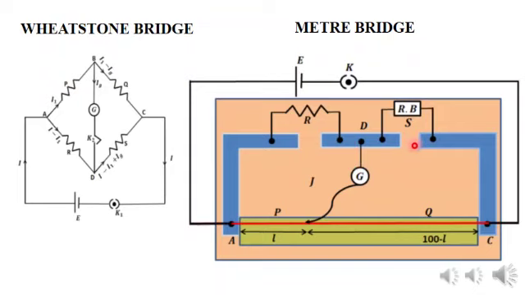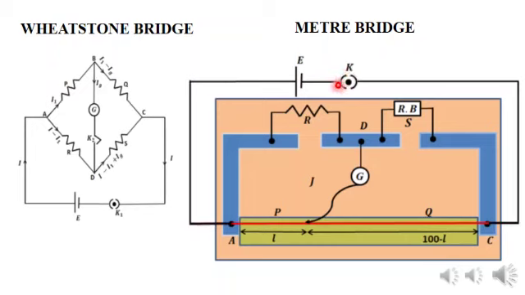In the left gap of meter bridge, we are using an unknown resistance, and in the right gap of meter bridge, we are keeping a known resistance, that is a resistance box. From end A, we are connecting to the positive terminal of the cell, and from end C, we are connecting to the negative terminal of the cell through a key.